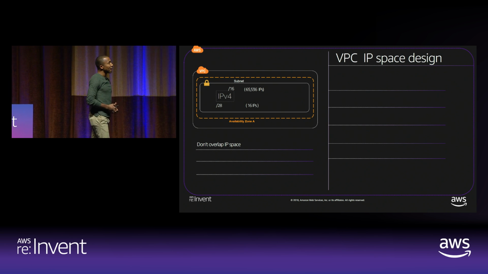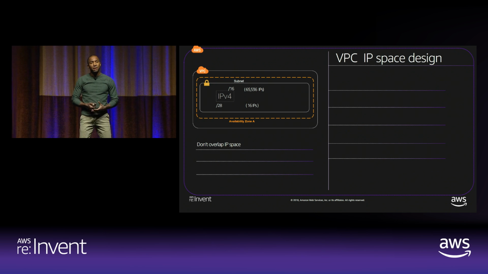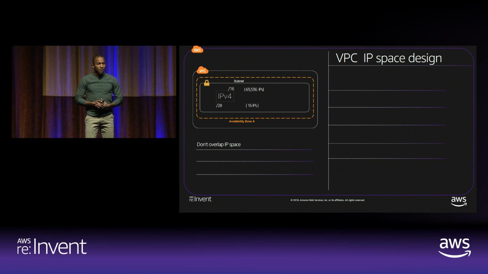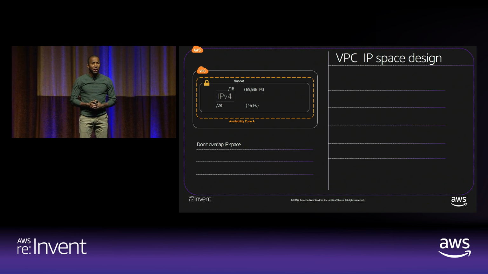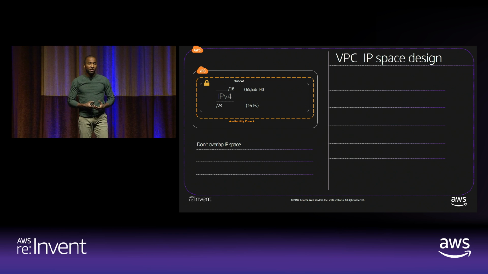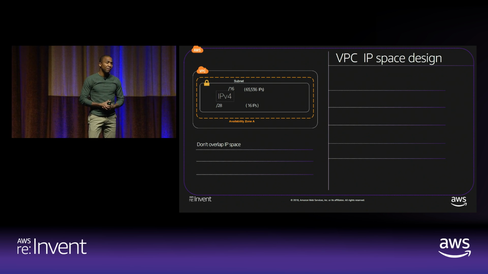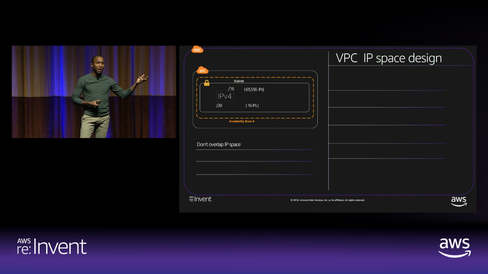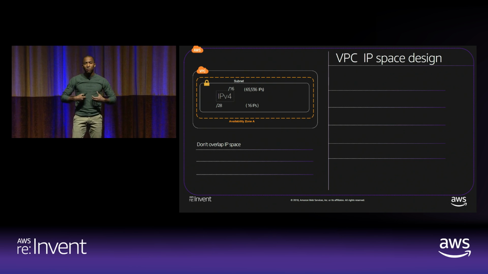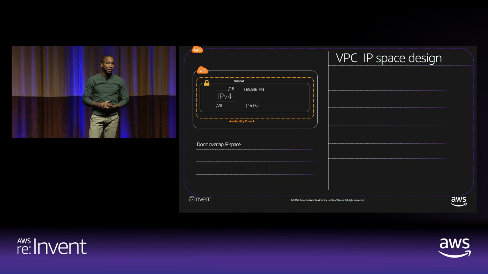Well, I recommend starting with the largest CIDR block possible within the AWS environment, and that is a /16 CIDR block. Once you've defined this primary CIDR block for your VPC, you can't change it. So it's important that you start as large as you can so that it prevents rework or premature rework. The largest CIDR block you can define is a /16, and as you can see here, this is specific to the IPv4 space. Your IPv4 IP space is fundamental and cannot be disassociated from your VPC.